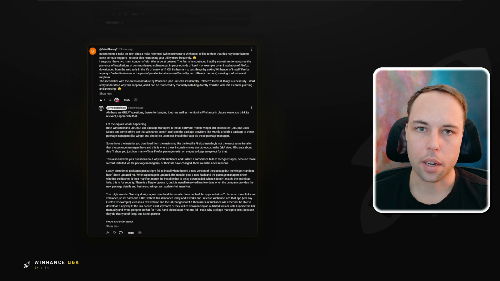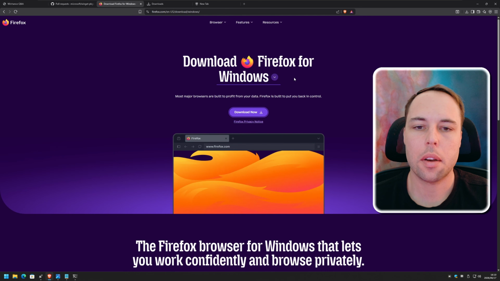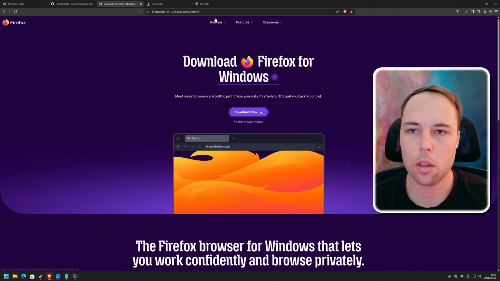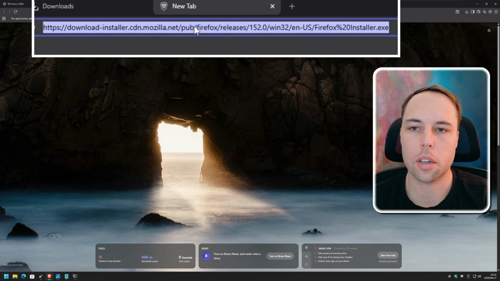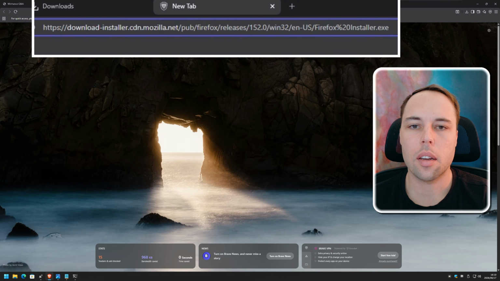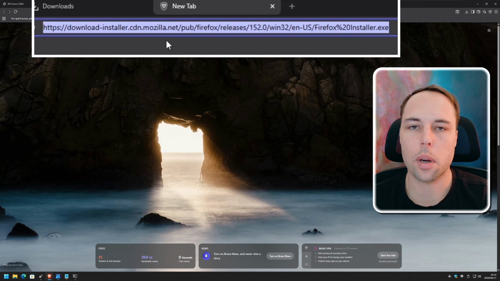But it's not perfect. And just to show you real quick, I just downloaded the Firefox installer for Windows, and I looked at the link that was used to download that file. You can see it up top here. You can see it's versioned by the release and then the release number. So if I go and hardcode this URL inside of WinHance today and release it, it is going to download Firefox using this link.